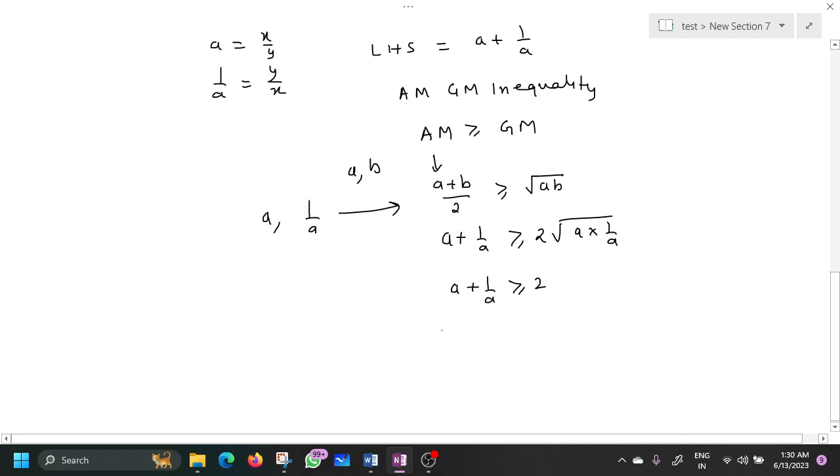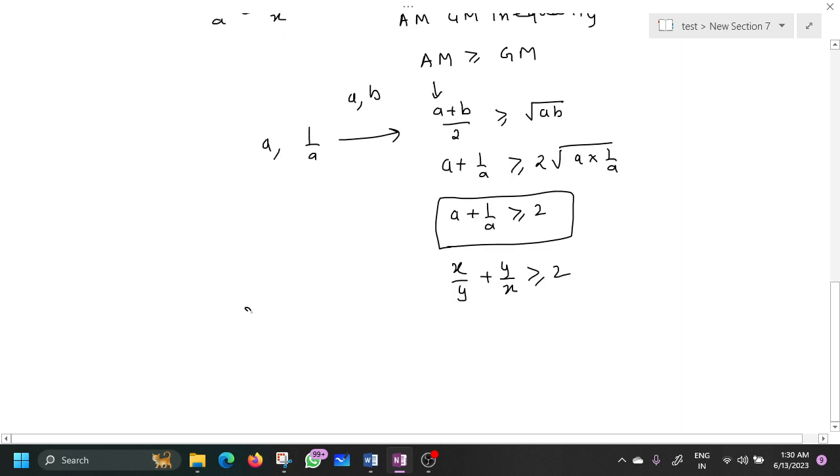We put this back in our original equation: x by y plus y by x is greater than or equal to 2. But x by y plus y by x is equal to x plus y from the given equation. So I can replace this quantity, and x plus y is greater than or equal to 2,